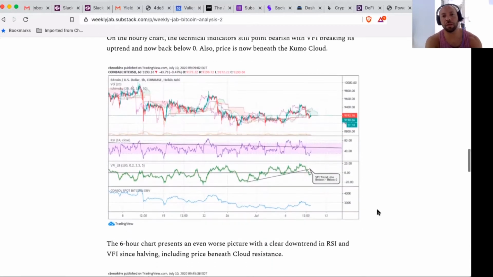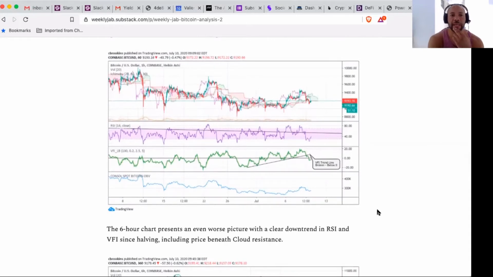And I think one of the more interesting things that we're seeing is that on the 1-hour chart, volume flow was looking quite good leading up to this breakout and during this breakout. But yesterday's fall back from 9,400 to approximately 9,100, 9,200-ish, where it's trading hands right now, broke the upward trend line, and now it's beneath 0.